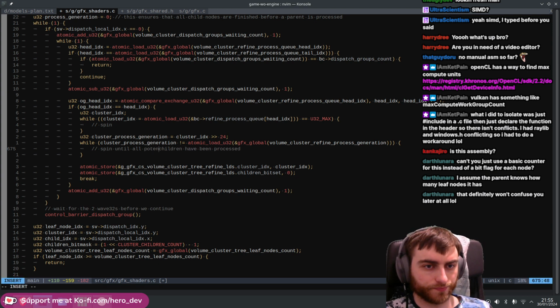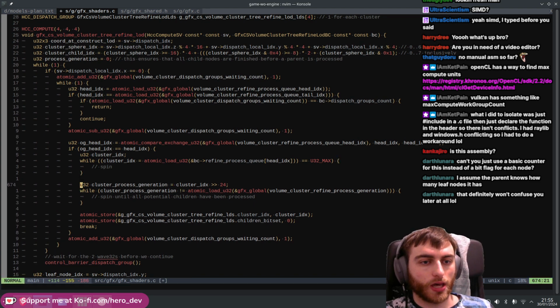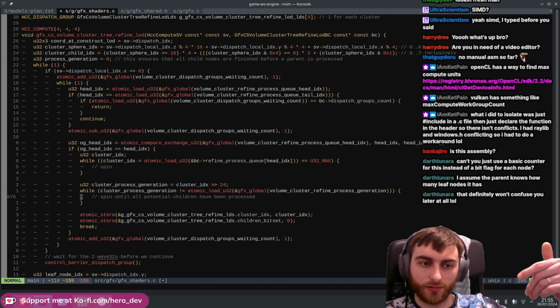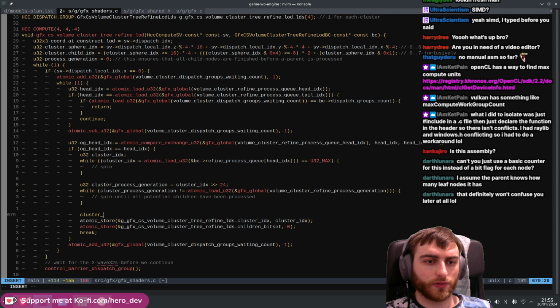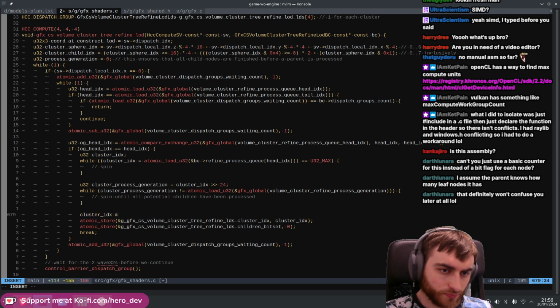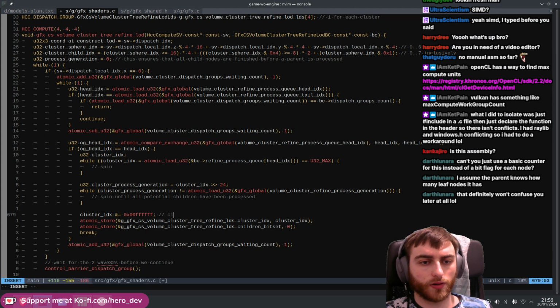Do you spell potential? Yes, English. There we go. So there's a nice little spin. That's pretty cool. Just to make sure when we populate these in the future that we put the generation thing in there. So we just got to be careful. Oh, we need to clear it out as well. So you say cluster index and equal 1, 2, 3, 4. There you go. So you clear out